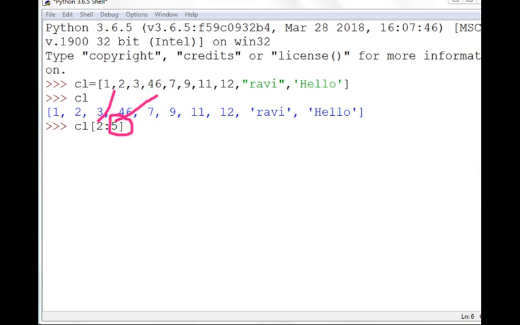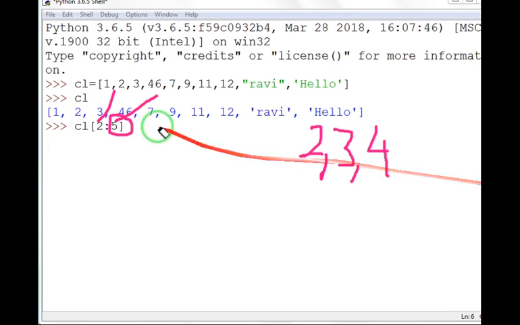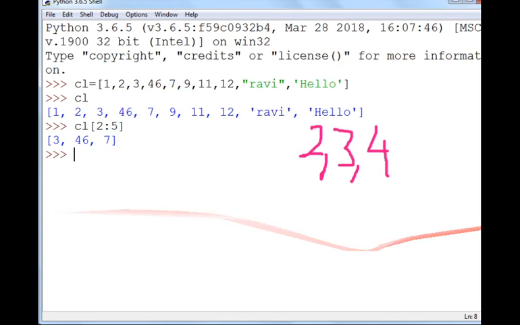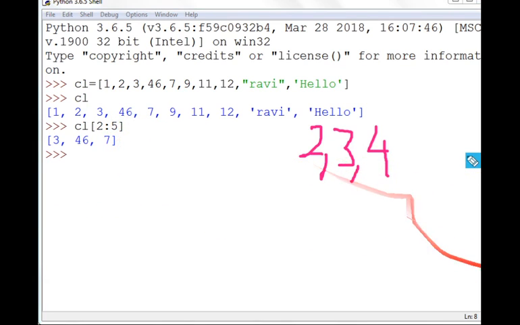It will display only the values present at index numbers 2, 3 and 4. When you press the enter key, you can see it is only displaying the values at index numbers 2, 3 and 4.